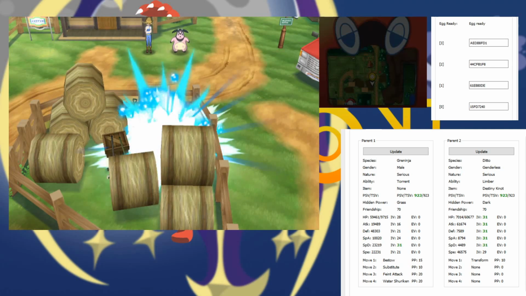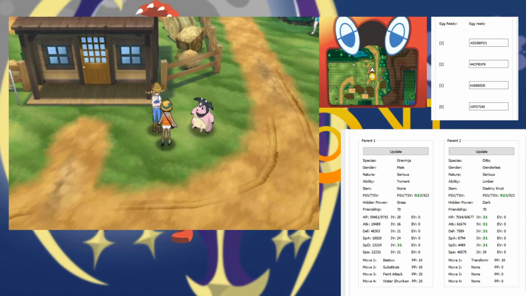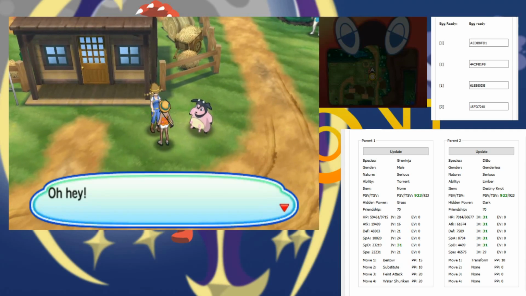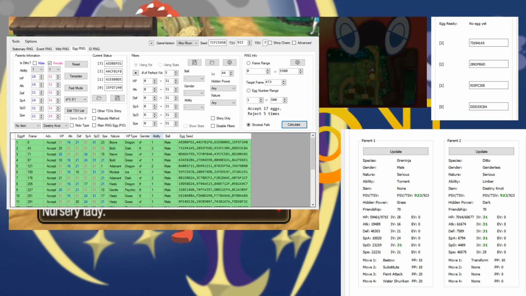So you can already see when an egg is ready in the tool if you're not right in front of them. So let's see, we're accepting this first egg. You just make sure you accept it. And now you see that my egg seed changed. Let's bring up our tool again. So you can see here that after accepting this egg...